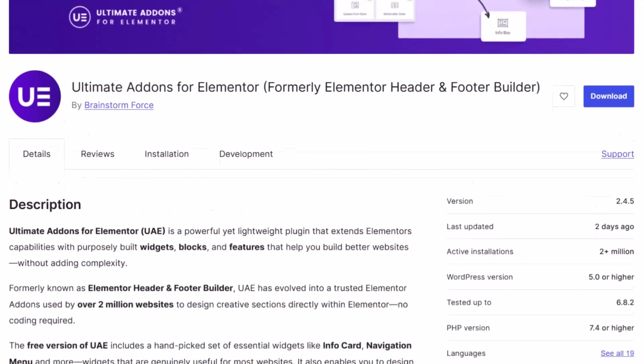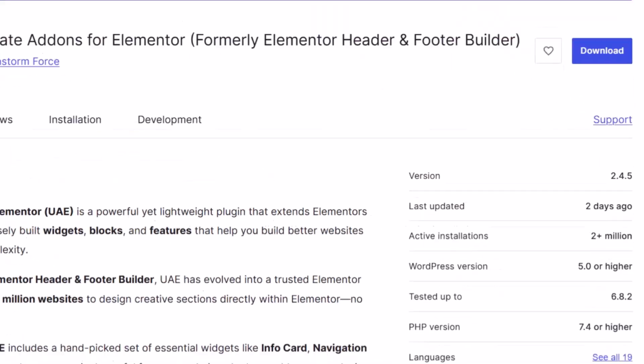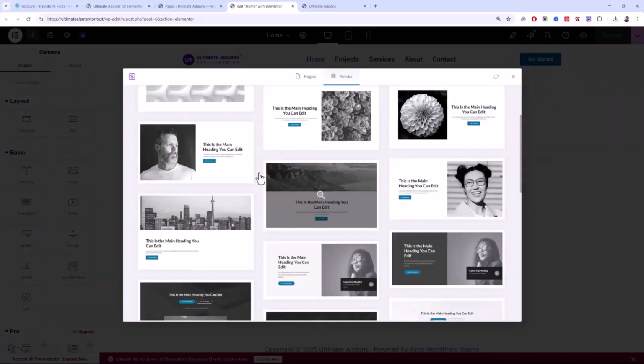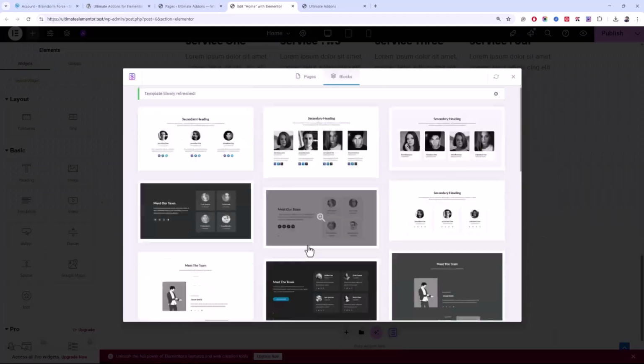So in this plugin review video, I will try to reduce your confusion by introducing you to Ultimate Add-ons for Elementor. This plugin is currently empowering 2 million plus websites with its amazing features. So if you are interested in learning how to build amazing websites using Elementor and Ultimate Add-ons for Elementor, keep